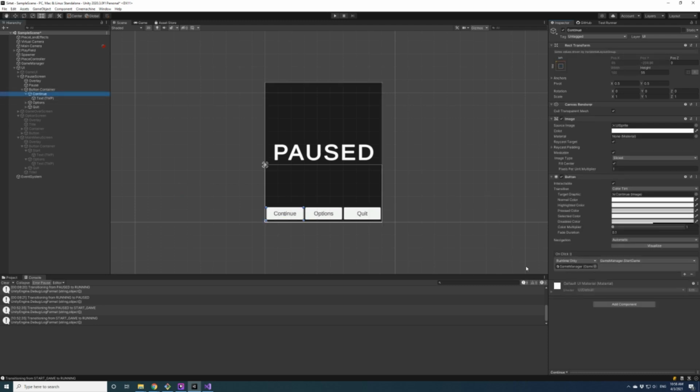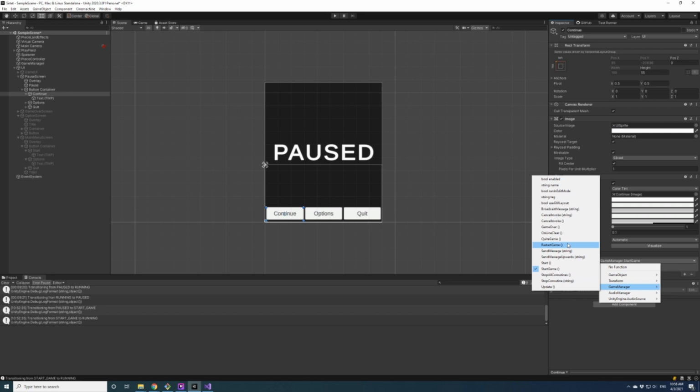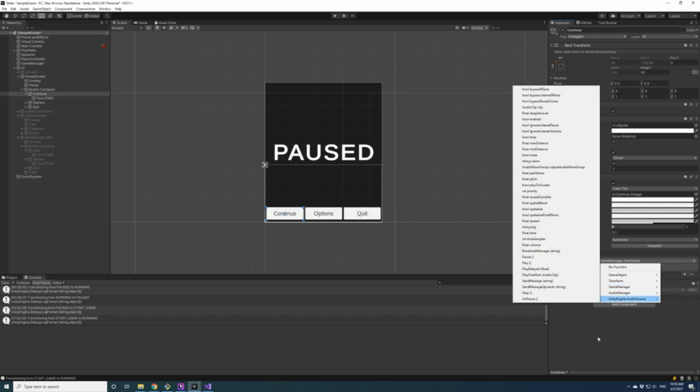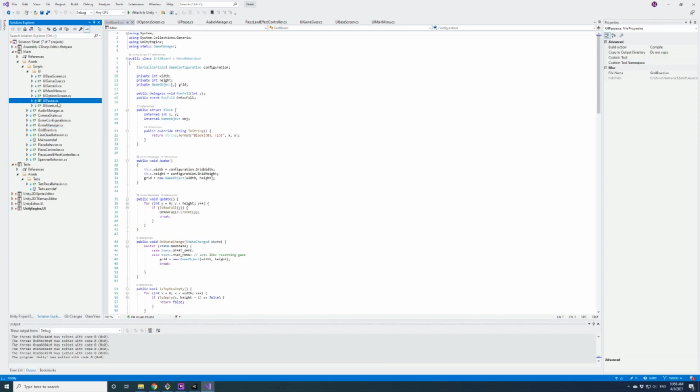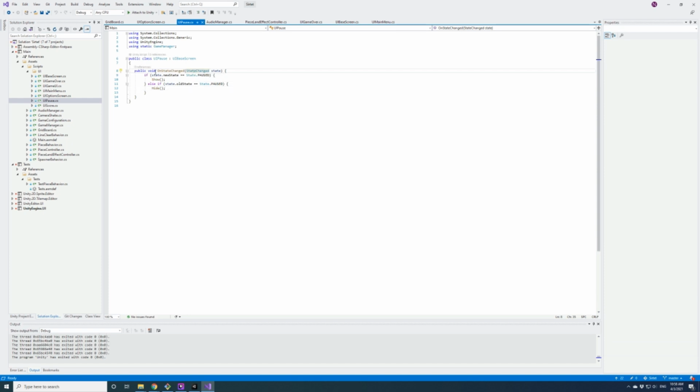So, let's see, that's right, we are wiring up the buttons. So, game manager. We don't have a resume because right now I think our UI pause is, oh, the input controller is handling the pause state.